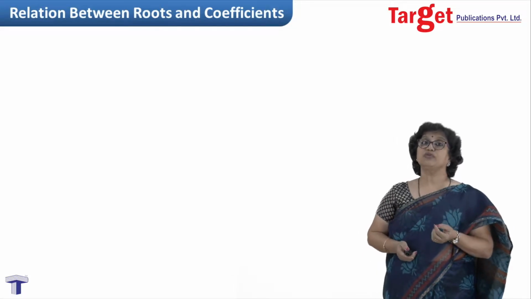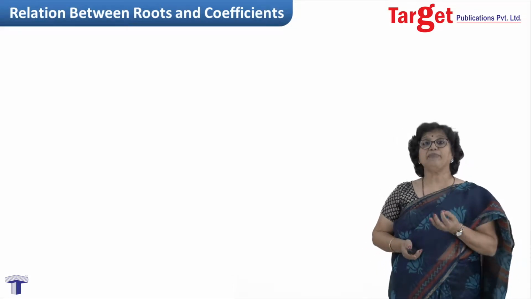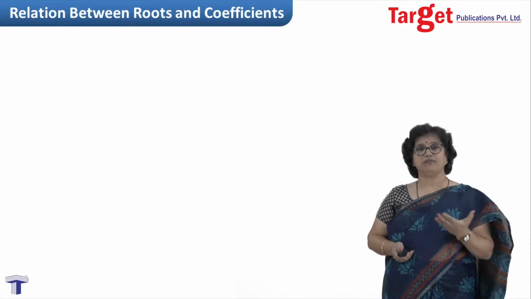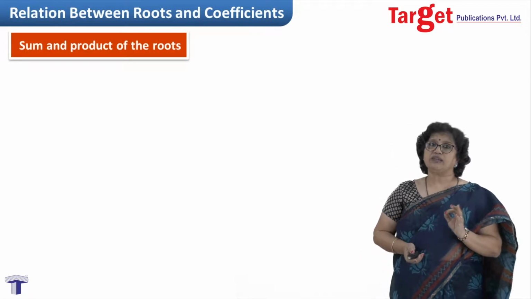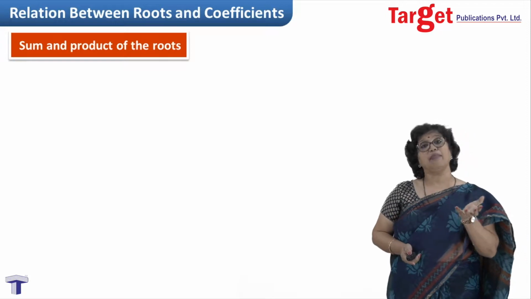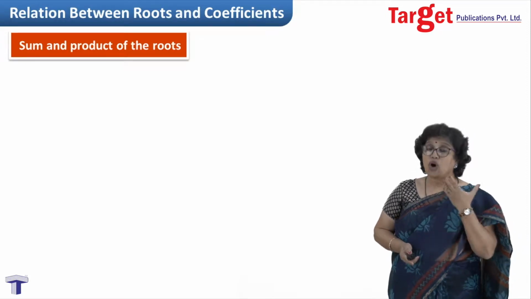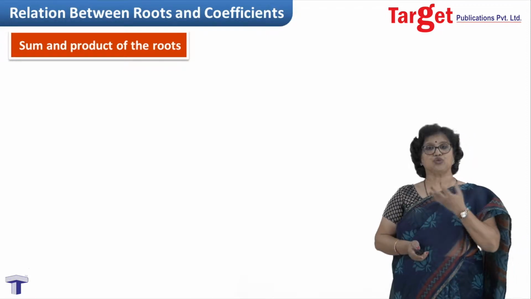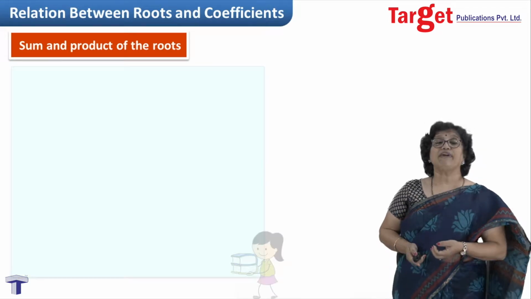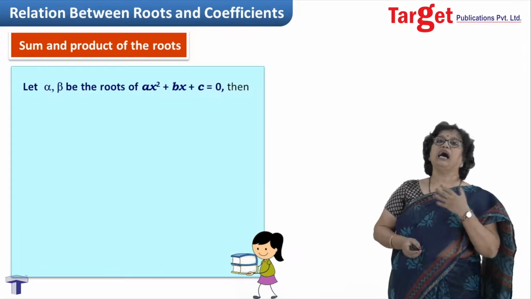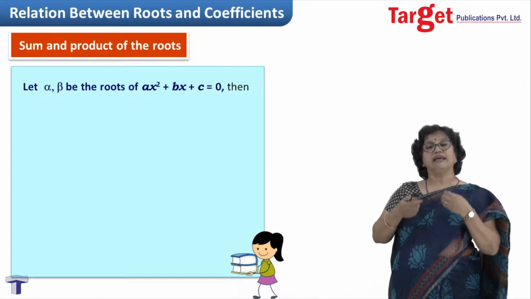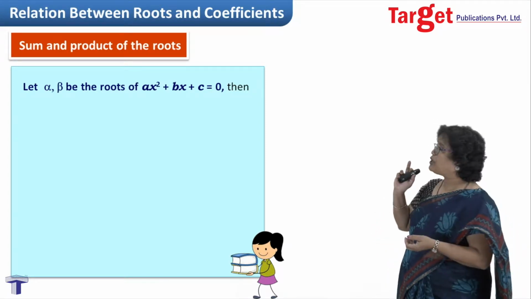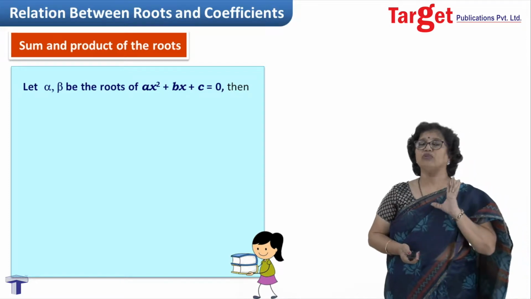When I say coefficients I mean a, b, c, what you had taken in ax square plus bx plus c equal to 0. Okay. So, we should know first how do we arrive at sum and product of the roots. To form quadratic equation, we will need these two terms. And if I have to start with alpha and beta as assumption, some name you have to start with, that alpha and beta are the roots of a quadratic equation ax square plus bx plus c equal to 0.